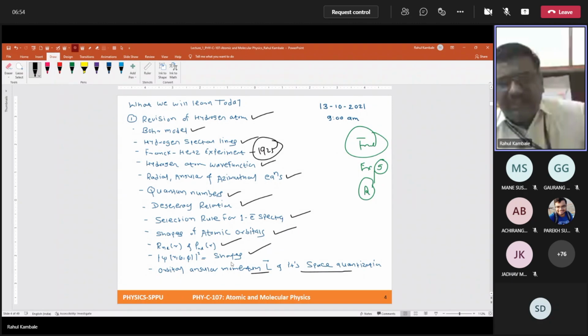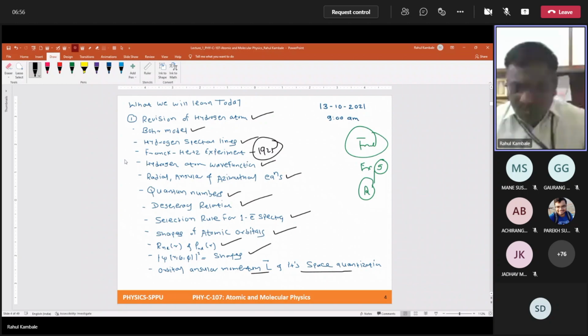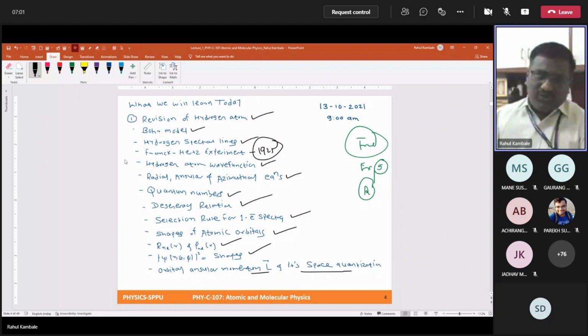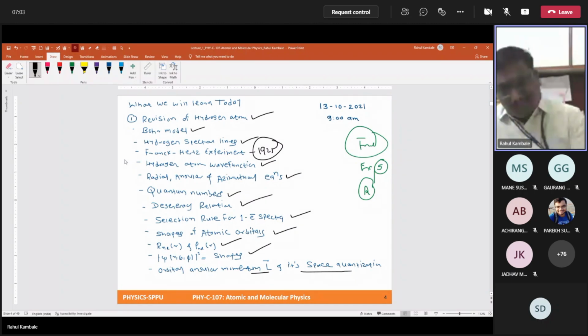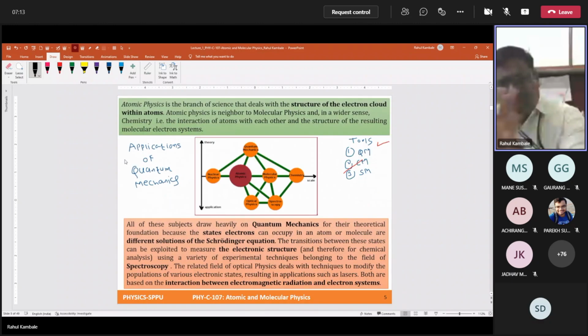So this week maybe I will cover all this revision part, and half of that part is done, but most of the part is remaining. Maybe 3 lectures I will spend on this one, and definitely you will see what is going to happen inside that. Let us start. So as you can see, the first chapter is atomic structure and